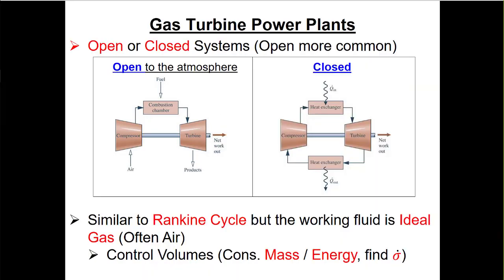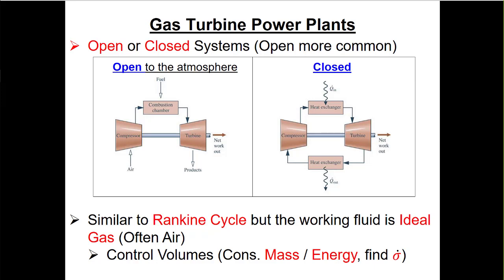So you can have these things put together on the same shaft so that, once you've started it, the power from the turbine is directly linked to the power consumed by the compressor by that mechanical shaft. Starting is always sort of an issue, just like you need a starter motor in your automobile, right? You need some way to get the thing going. So like Rankine cycles, these are open systems, right? But sort of like internal combustion engines, we'll assume that the working fluid is an ideal gas, typically air,